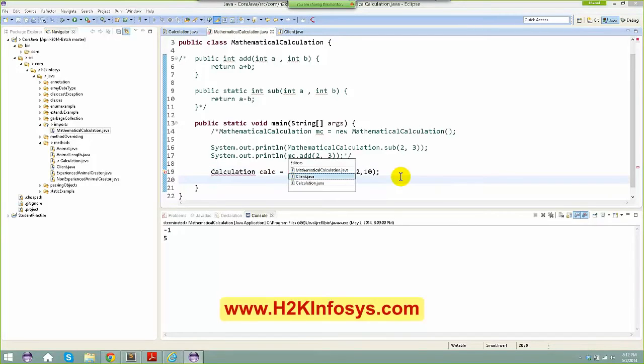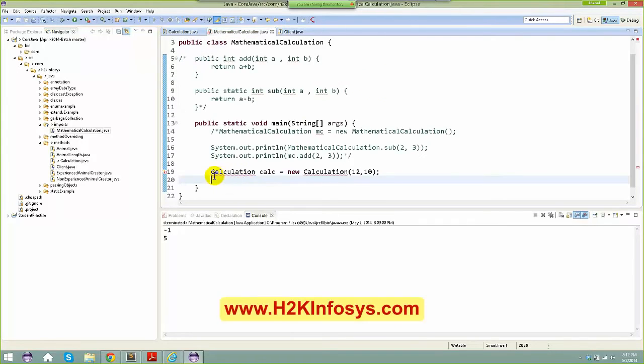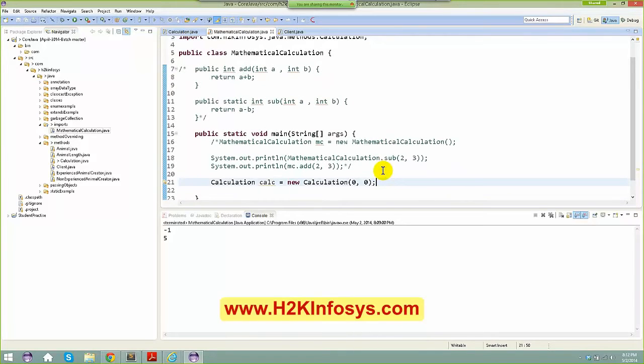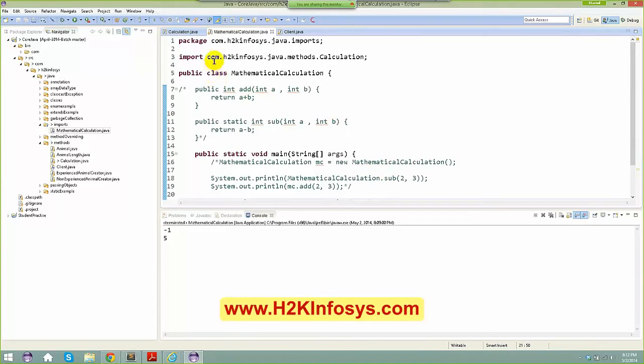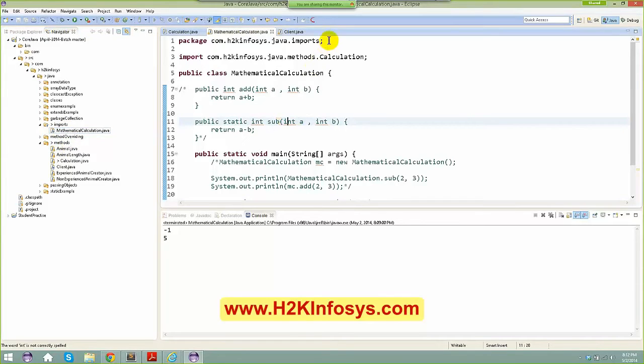The same constructor I have used in the, I just copied this, I can just even copy this and paste it here, right? Now if you see, I just copied it and something happened here. That means in this particular class, as these two belong to different packages, right? Different packages in the sense, if I click on this, you can see the package structure is com h2k infosys